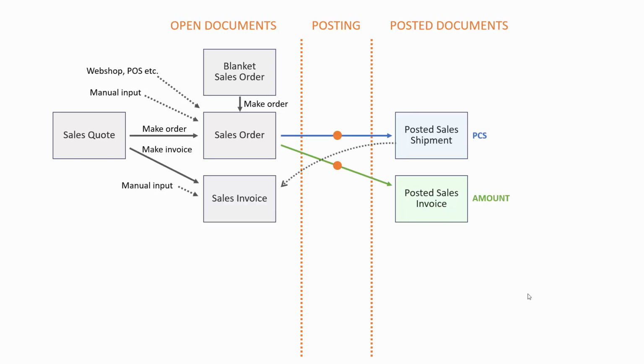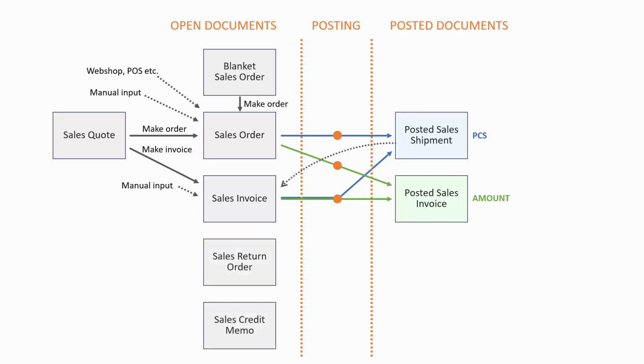A sales invoice is a document in Business Central that is also an open document. It can be made manually. It could also be made from a sales quote, and it can also be imported, of course, from different entities. But when posting the sales invoice, it will post the posted shipment and the posted sales invoice at the same time. So normally on a sales invoice, you would create the sales invoice and post it directly afterwards, whereas a sales order is open for a longer time until it's picked and it's shipped.